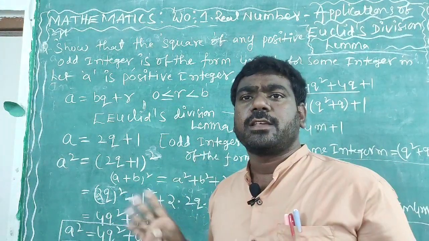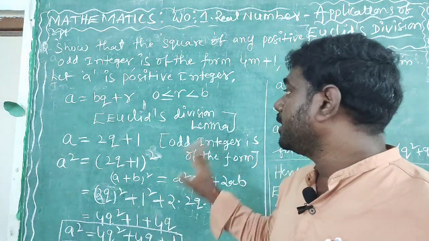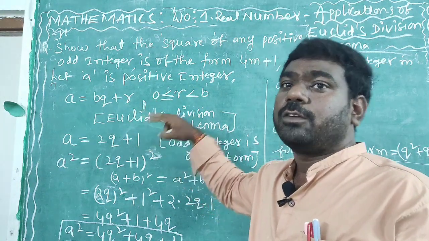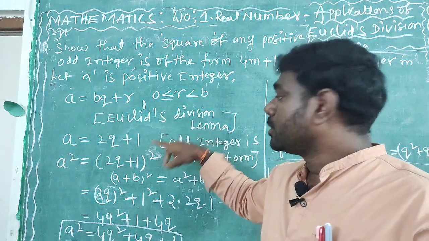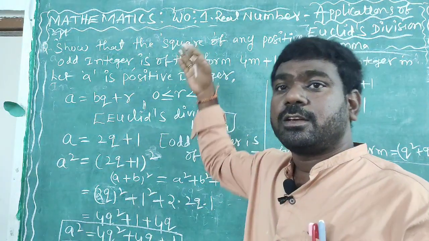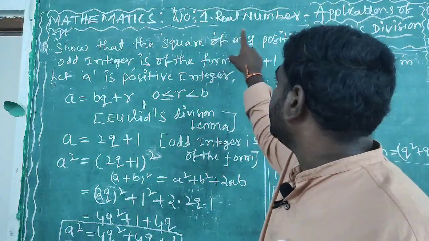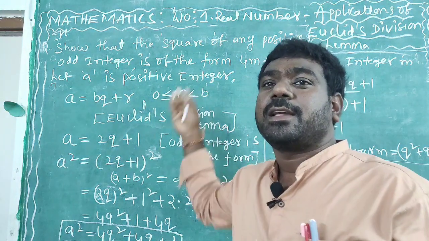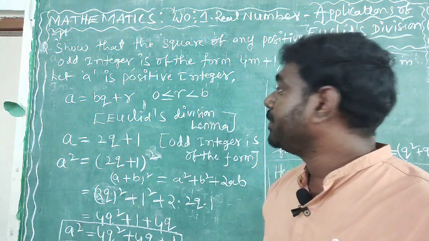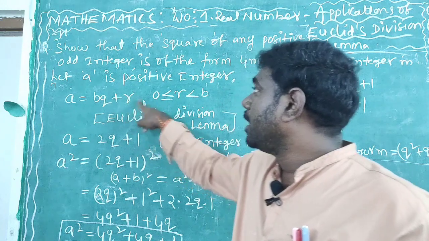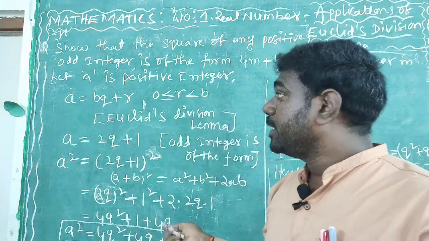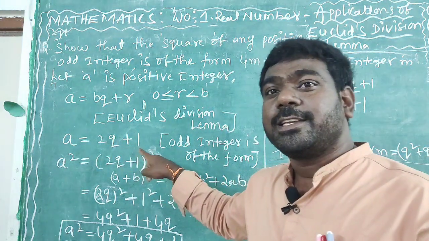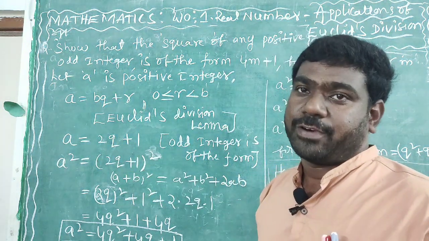What we did here, we did in a very simple manner. Nothing else is there, just the Euclid division lemma statement. Now we compare. Whatever is given in the question, those values only we are taking here. First one is a positive integer. If I take a positive integer, automatically the Euclid division lemma statement becomes a is equal to bq plus r. Condition is this one. Next one is what here? a is equal to 2q plus 1. It is an odd integer of the form.